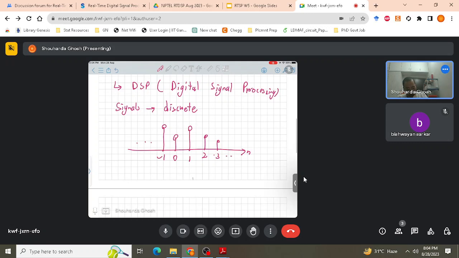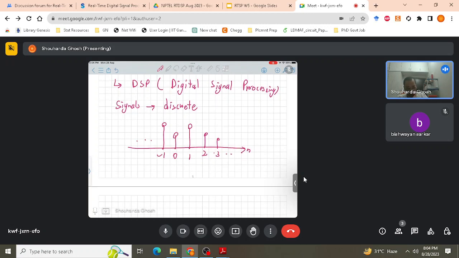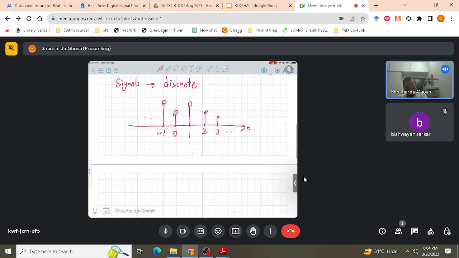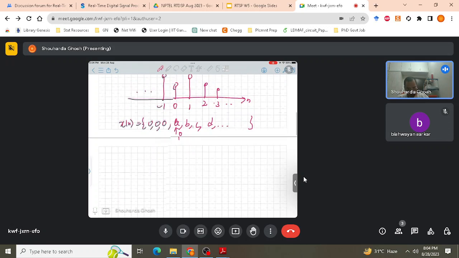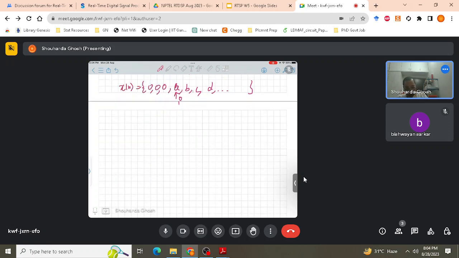These are defined as sequences, so you can represent them in some kind of array form: A, B, C, D, and so on. We give an arrow to denote the 0th index, depending on what you have. So since it is discrete, whenever we have a discrete time signal x of n, the corresponding